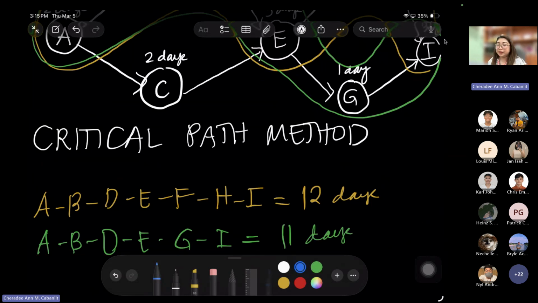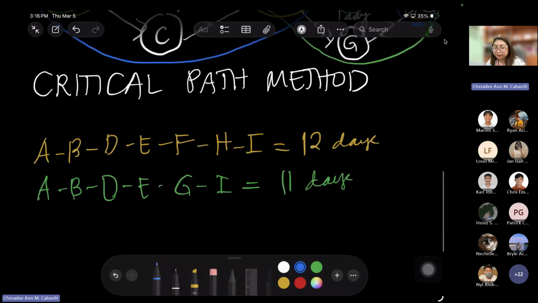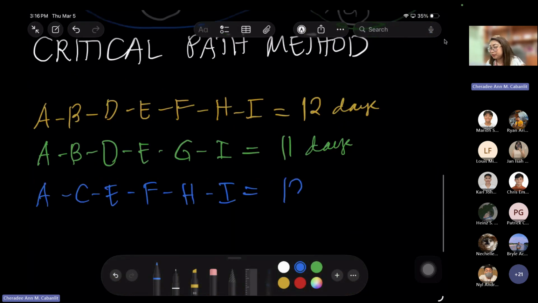Next path. A, C, E, F, H, I, right? So A, C, E, F, H, I. So that's 2, 4, 7, 8, 9, 10, 11, 12 days again.